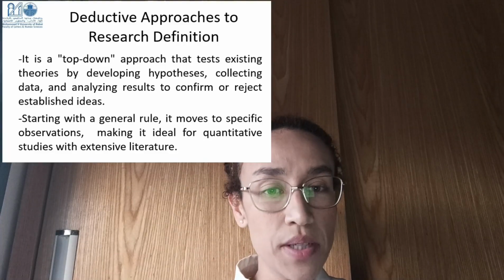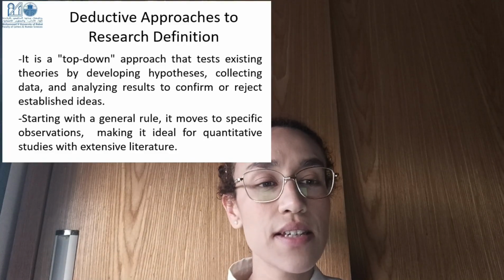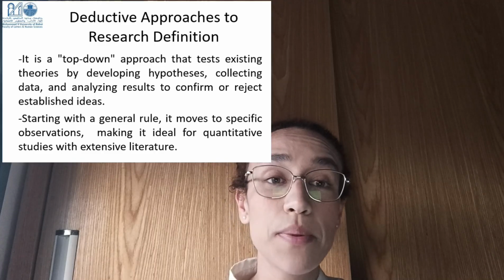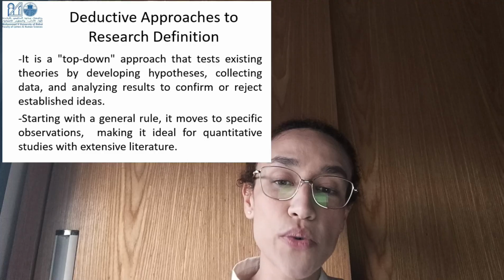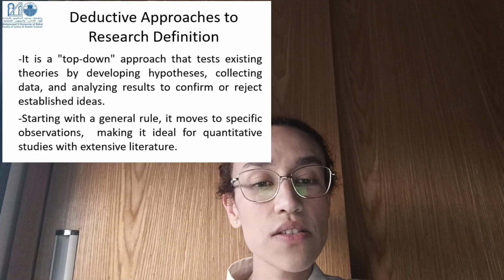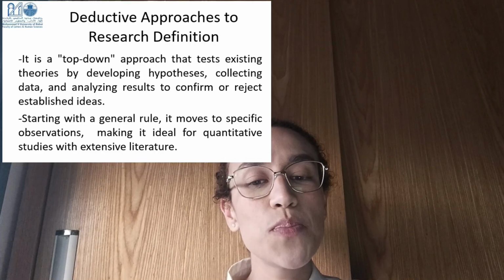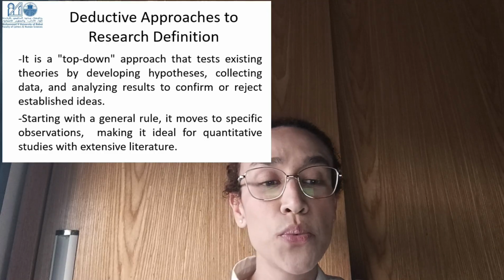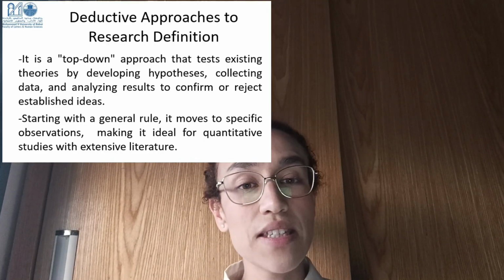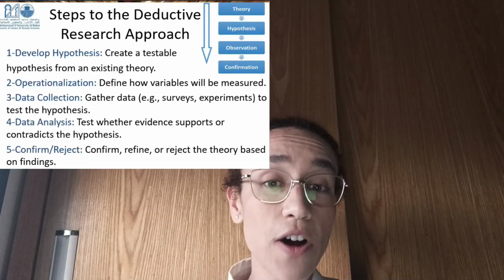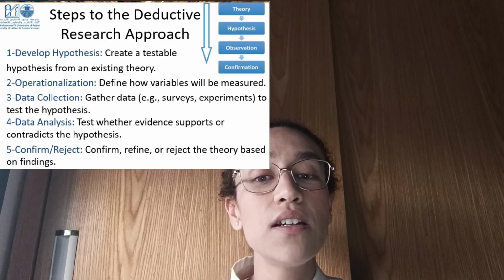We'll move to deductive approaches. It is a top-down approach that tests existing theories by developing hypotheses, collecting data, and analyzing results to confirm or reject established ideas. Starting with a general rule, it moves to specific observations, making it ideal for quantitative studies with extensive literature. Steps of the deductive research approach are first is to develop the hypothesis, then